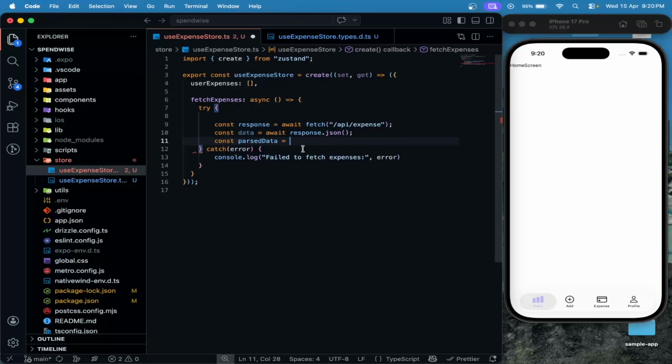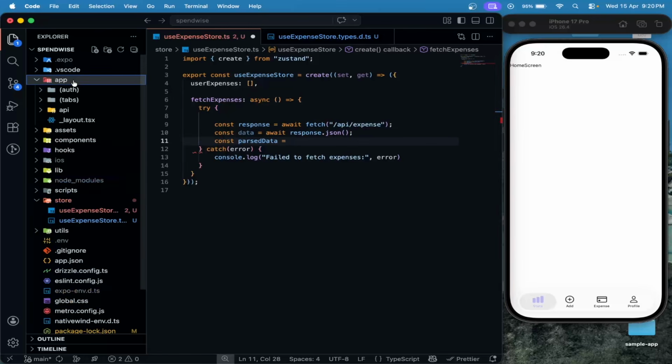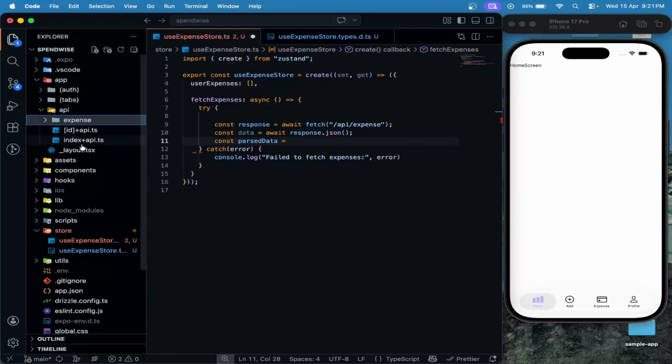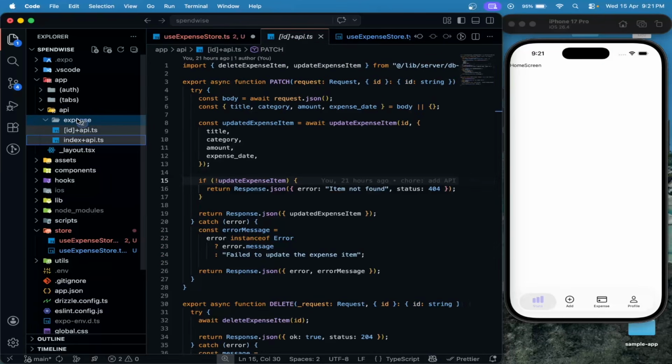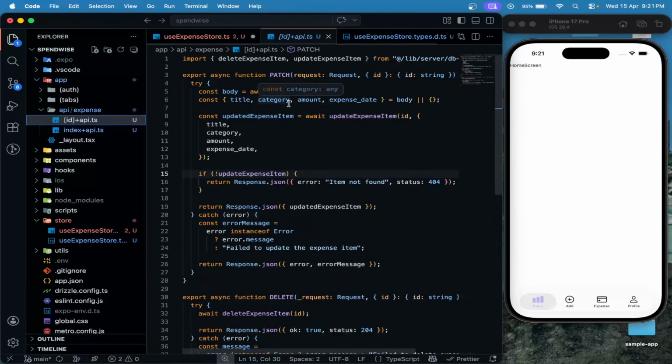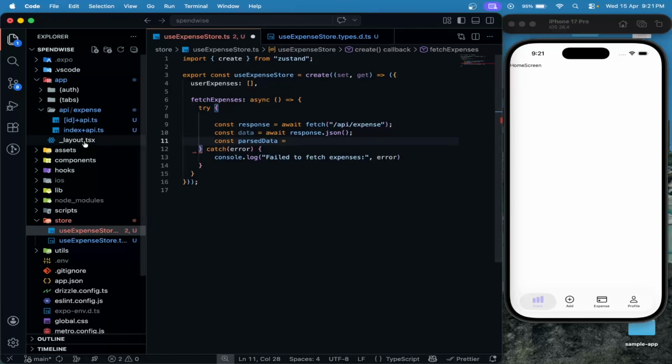So what does it mean? If you check the API route, I am saying /api/expense. So /api means we will go into this directory /api, and I am then saying /expense. But if you check, there is no expense folder inside the API. So we forgot to create this. So I will create a new folder expense, and I will move our API to this expense directory. Move. Yeah. Now what we are saying here, /api means /api/expense, and then we have not added anything after this